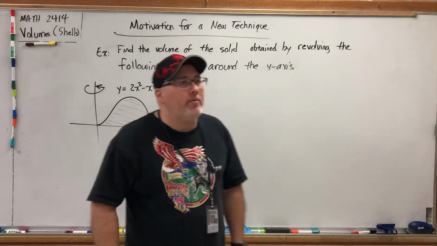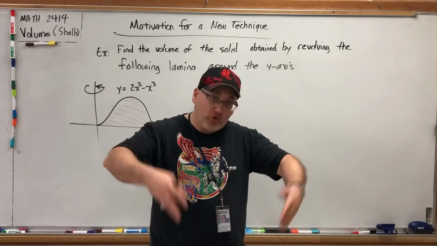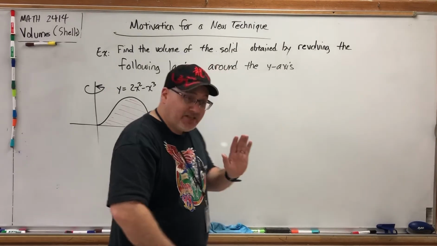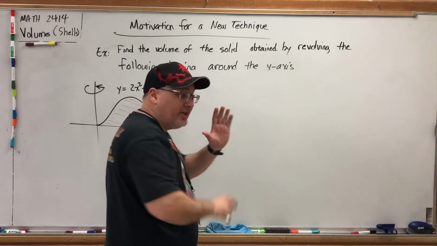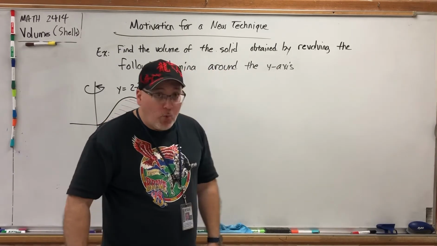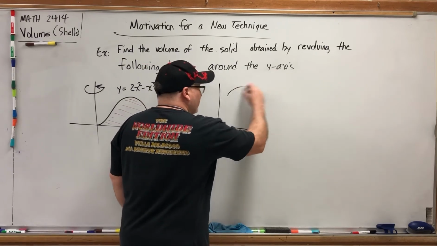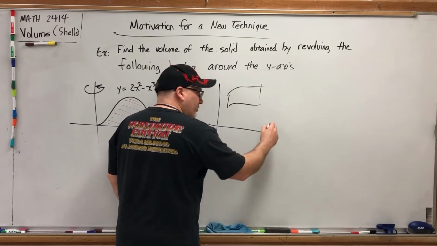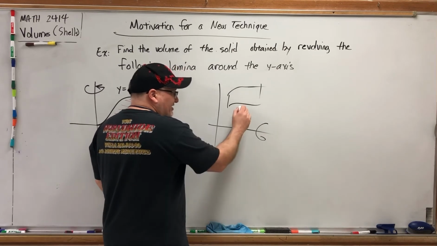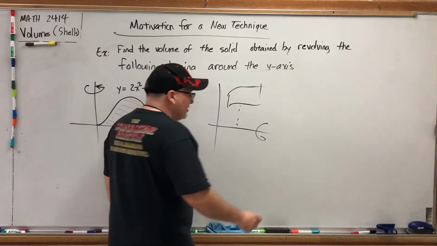Now, most of them that we did were solids of revolution, where we took a lamina and rotated it around an axis. And as a consequence, when we cut that solid and looked at the cross-section, it was always a circle. Now, sometimes it was a washer. For example, if we had some little lamina up here and we rotated it around the x-axis, then this gap in between when we spun it would create a hole in the middle of the disc,